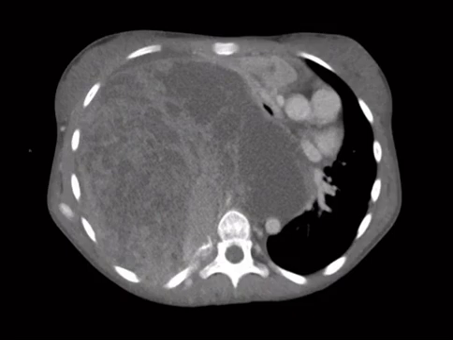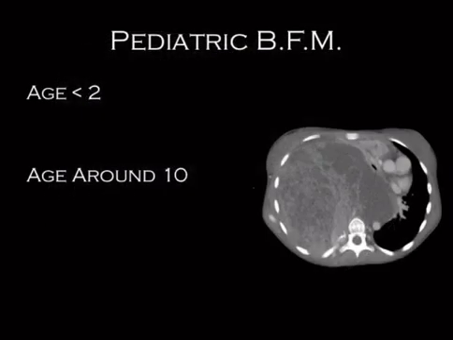term that was used where I trained. Some people will call it a BAM. So BFM is a big fucking mass. Some people will call it a big ass mass, so a BAM. BFM or a BAM. So under the age of 2, in the chest, I want you to say